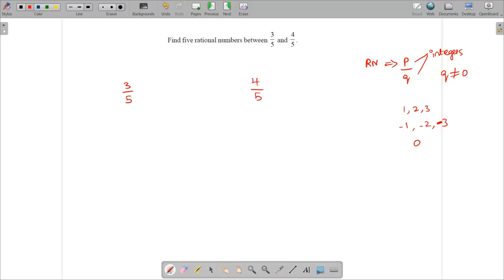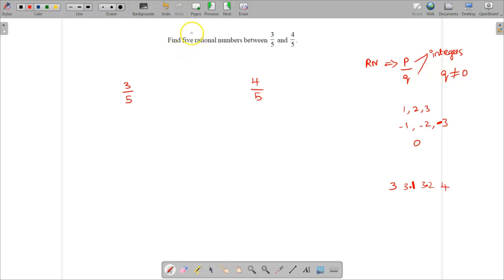For example, if it is a decimal number, then it is easy for us to find. If they ask for a value between 3 and 4, you can easily say 3.1, 3.2. But since it is a rational number, we need to mention it in the format of p/q, and that too, the next number after 3 is 4. So we have to multiply by some value in both numerator and denominator. So what is that value?